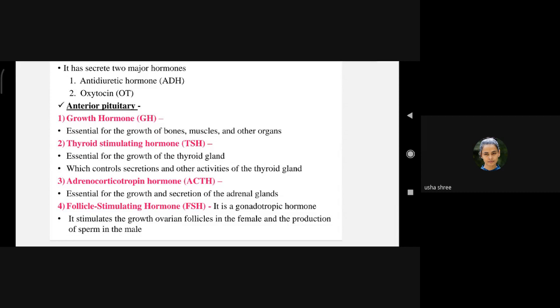You gave an example. Yeah, very good. They are cone shaped or triangular shaped. They are located just above the kidney. And this adrenocorticotropin hormone, and all these hormones, are regulated by the hypothalamus. Now, adrenocorticotropin releasing hormone is secreted by the hypothalamus. And due to adrenocorticotropin releasing hormone, adrenocorticotropin hormone is secreted.